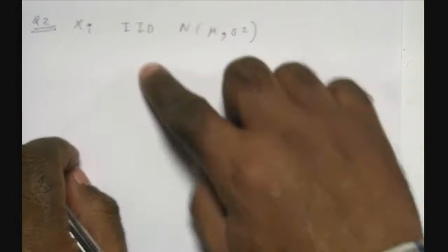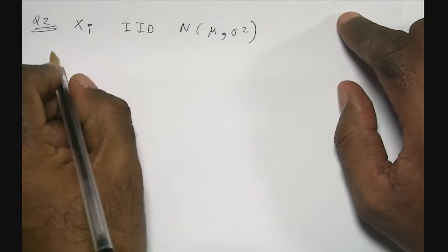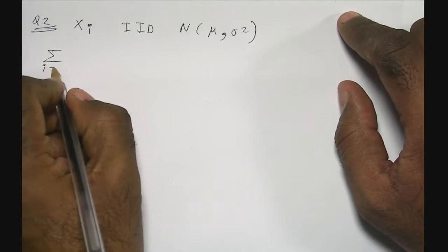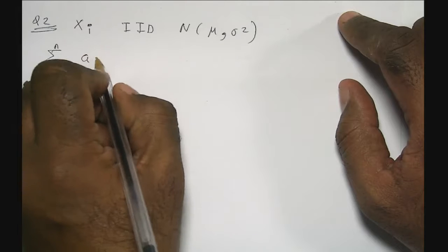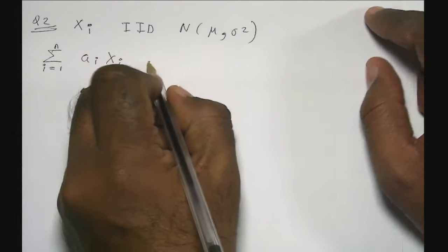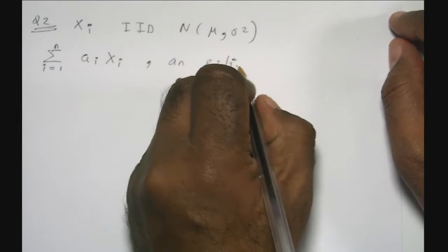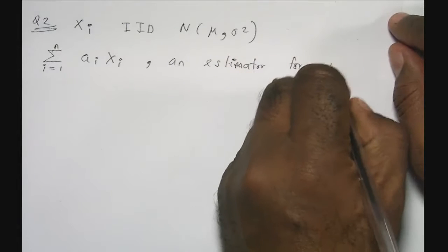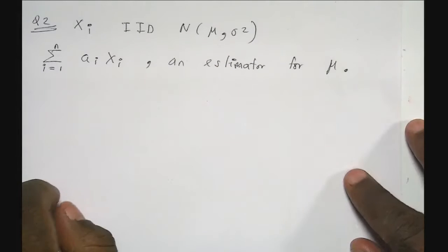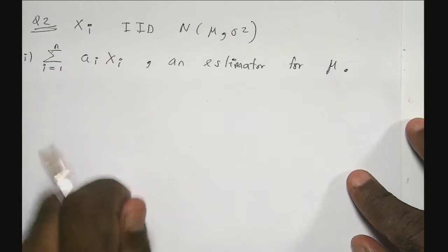You have Xi IID with normal distribution, and you have an estimator for mu, which is of this form. And we want the first part of the question is to show that this estimator is